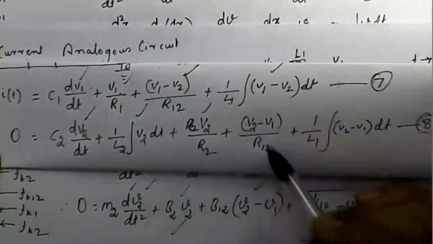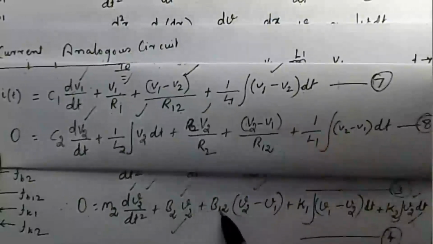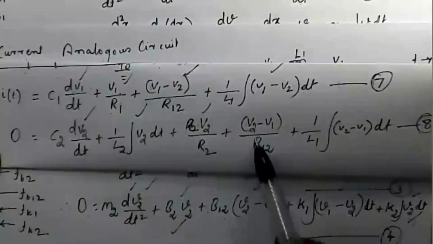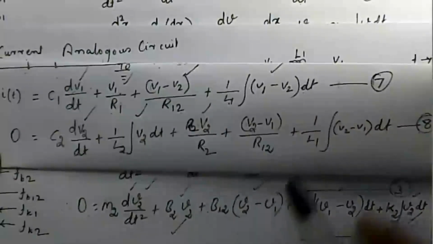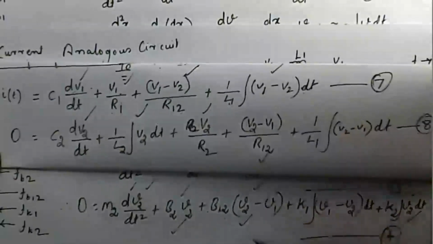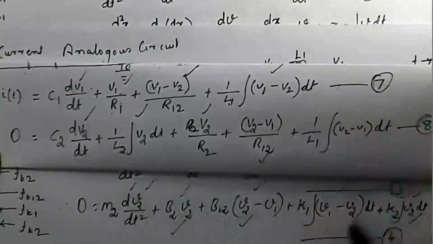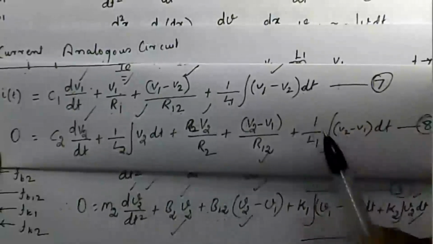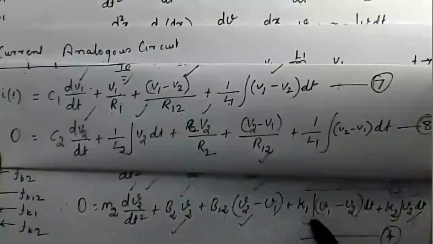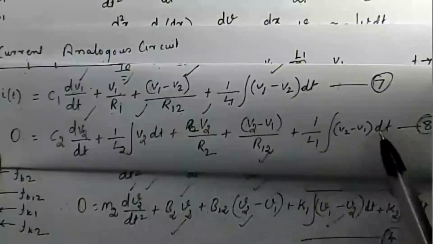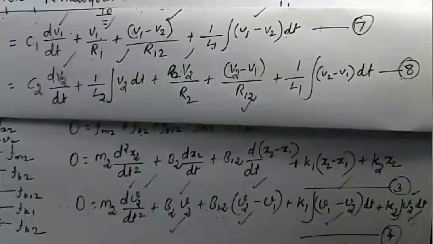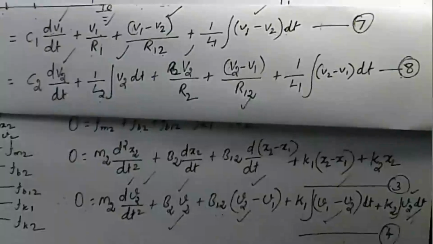Then 1 by R12 into V2 minus V1, here in place of 1 by R2, here B12 is there. This term is similar. Then these two are integral terms. Both integral terms are similar: 1 by L1, here K1, similar. The equations are verified. It is observed that the equations 7 and 8 are similar to the differential equations